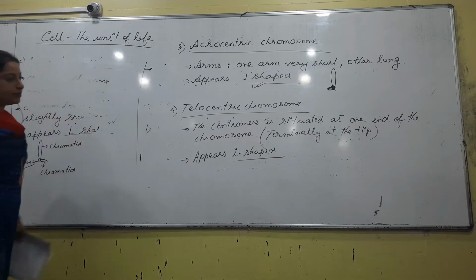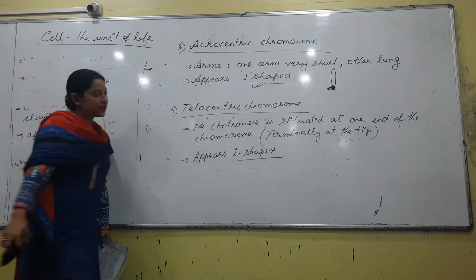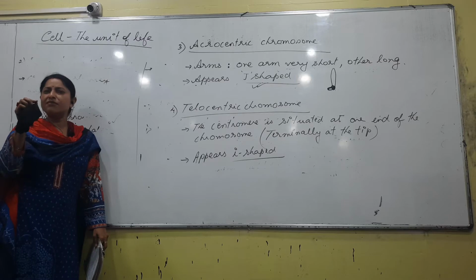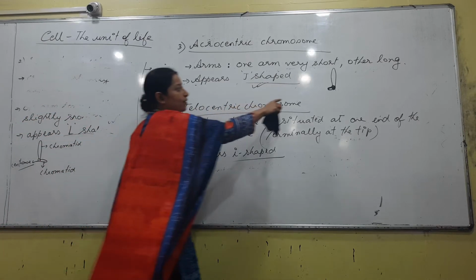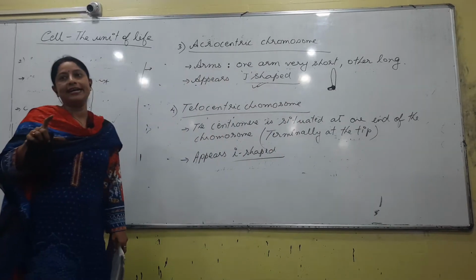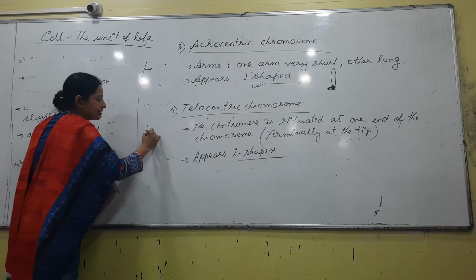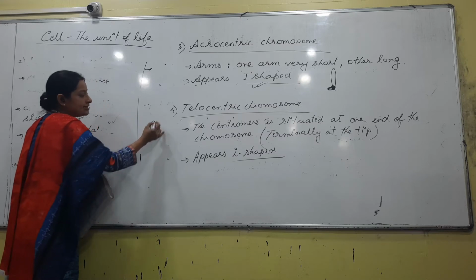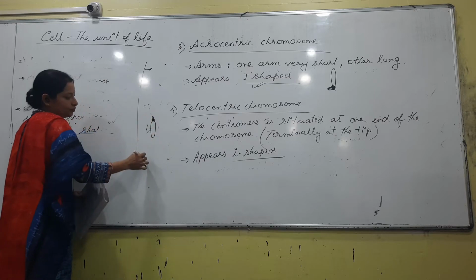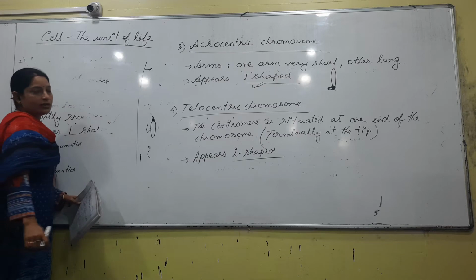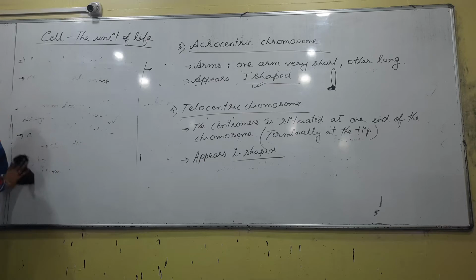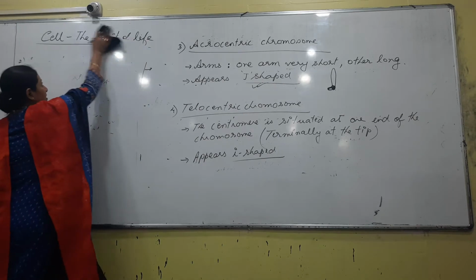If the chromosome appears like an I-shaped structure, then what we can say is that one arm will be long and the other arm will be very short, right? It will be very small, so it almost looks like a dot on top of the I, right? Suppose we are talking about a chromosome like this. If the centromere is here, there is a small arm, and from a distance it will look like a dot, right? So it is this one. So these are the 4 different types of chromosomes according to the position of the centromere.